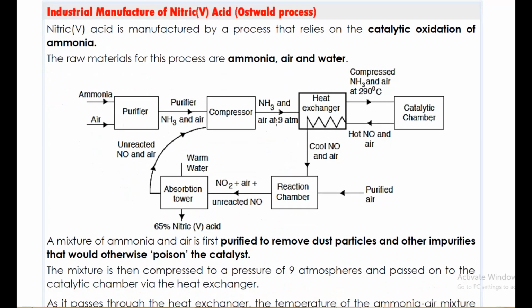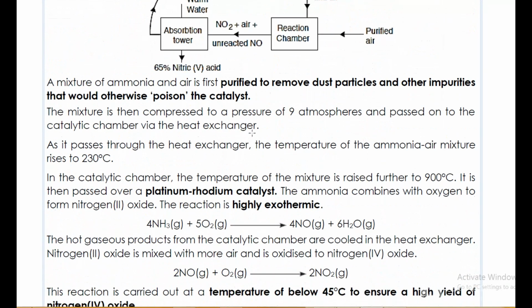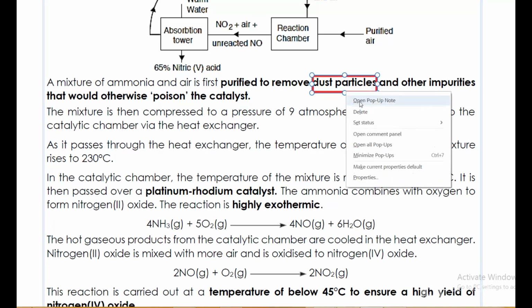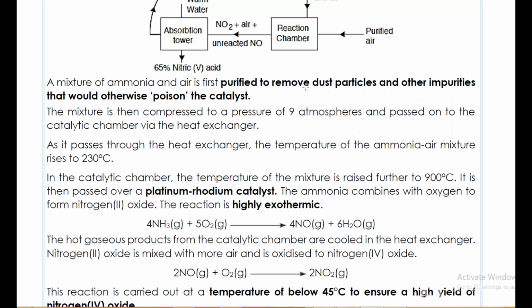So before we go through the diagram, let us go through some few notes here. A mixture of ammonia and air is first purified. Why is the mixture purified? To remove dust particles and other impurities. Just know that in the industrial manufacture of nitric acid, dust particles are one of the impurities that are removed. The reason the impurities are removed, like the other one, is to avoid poisoning the catalyst. Otherwise, if the particles are left there, they will poison the catalyst and the process will not